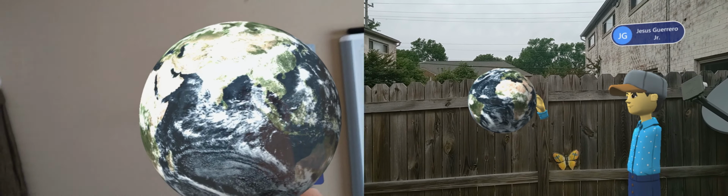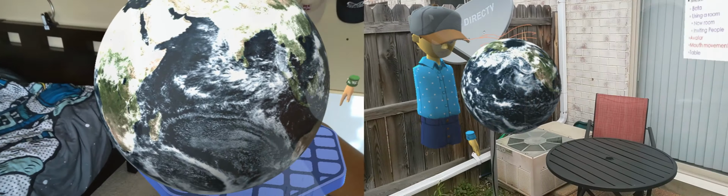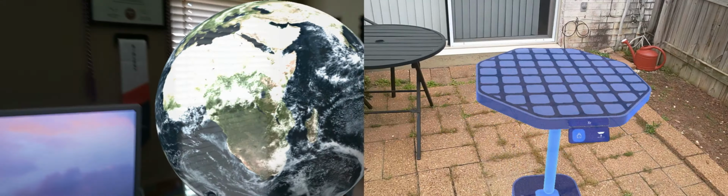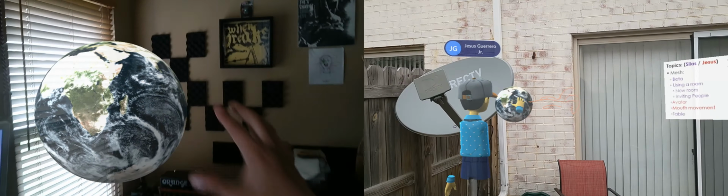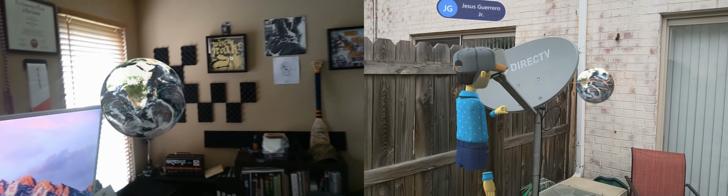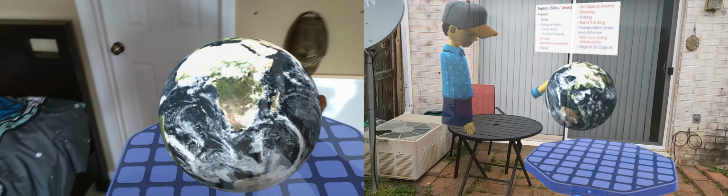So we have a globe here, and this is the point of the table. If I put my object at a distance where he can't access it, granted I think he's outside so he might have more range than I do, and I tell him, hey, can you manipulate that? The easiest situation here would be to put it by the table, because this is a point of origin for everybody, and I want to demonstrate that this is true no matter where that table is. So we're located in space, in this AR space, based on the table's perspective.